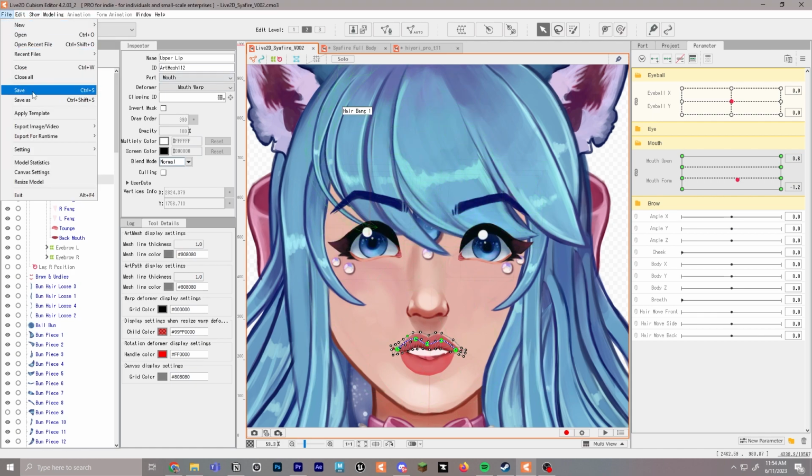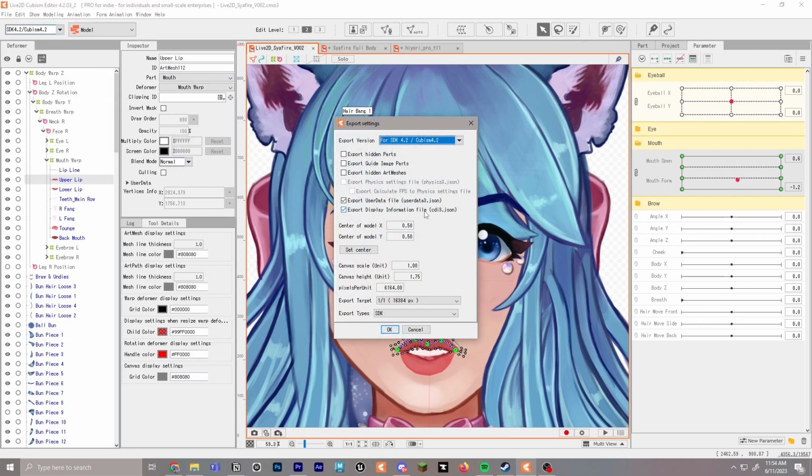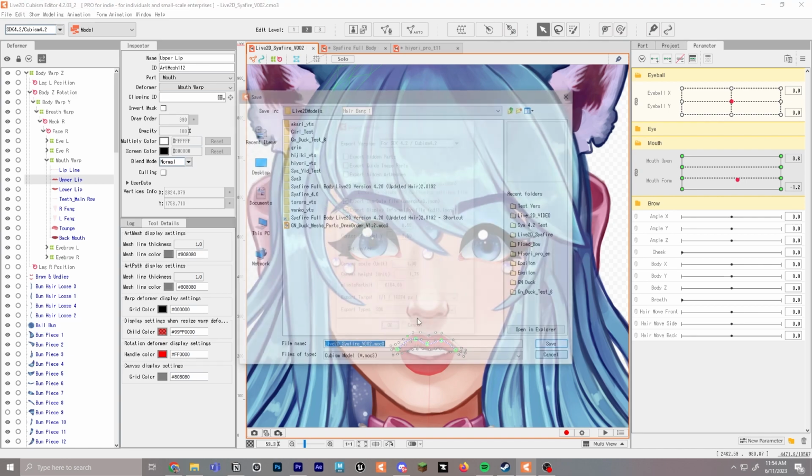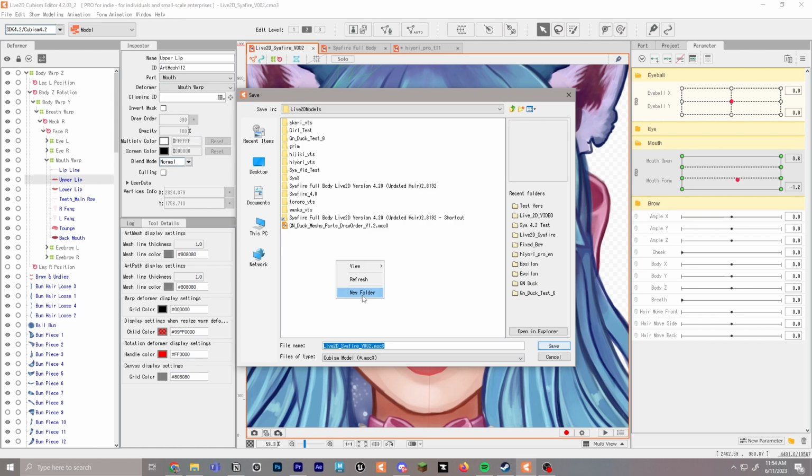But if you want to test, you'll go up to File, Export for Runtime, Export as MOC3, and it might take a really long time. Once you create physics, you'll want to check this box, Export Physics Settings, which we haven't gotten to yet. But if you want to do them, make sure that's checked or that will not end up working in the final outcome. So we'll just go ahead and click OK,